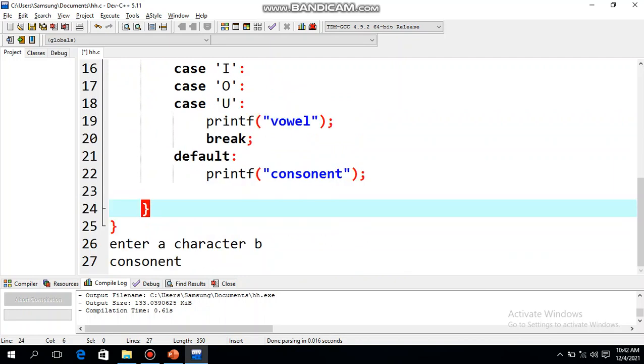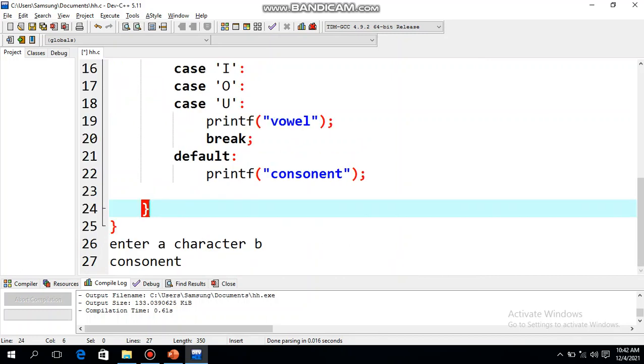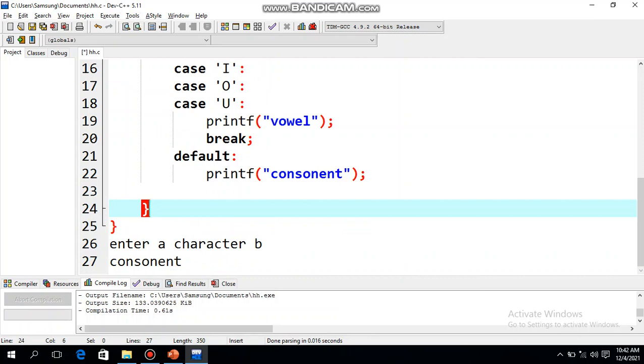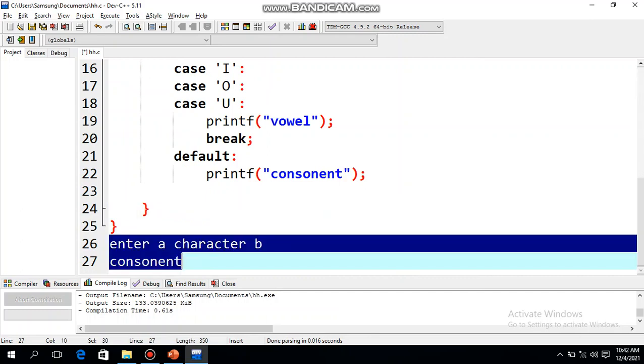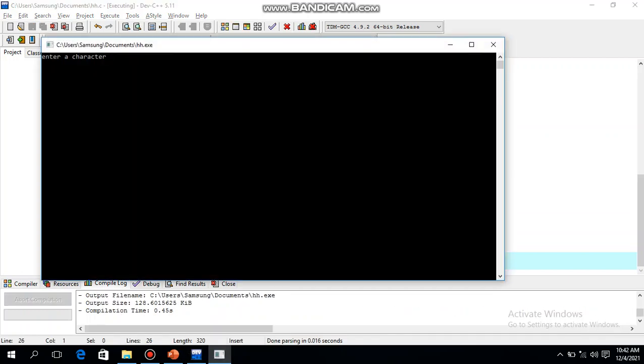So let us see what are the keywords used here. Char is a keyword, switch is a keyword, case is a keyword, and please take care, break is a keyword, default is a keyword, and please take care that these are colons, not semicolons. And if the values present here are characters, you will have to give them within single quotes. Okay, for integers or any other numbers, we are not going to give the single quotes. Only for characters we give the single quotes. Okay, so this is our program. Let us delete this part, save it and run it. So enter a character. Let us give, suppose, N.